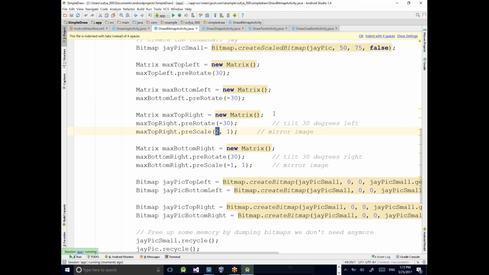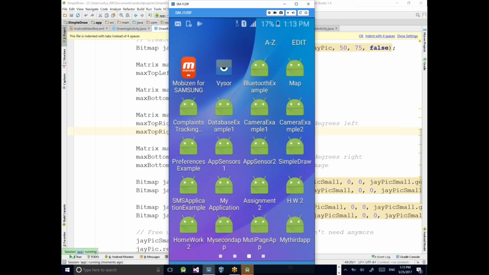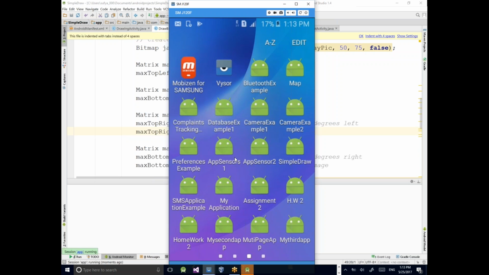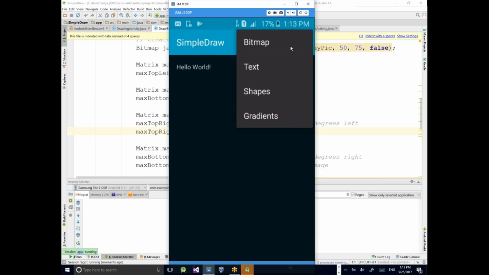I'm going to run this on the phone. And here is the phone. So let's just open the phone. We'll unload the old app and put the new one in a minute. Let's give it a few seconds. And here we go. So now, if I load the bitmap,